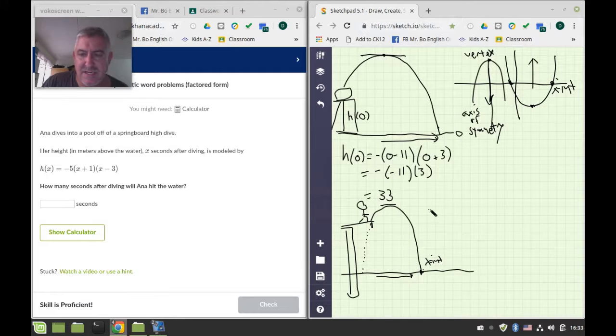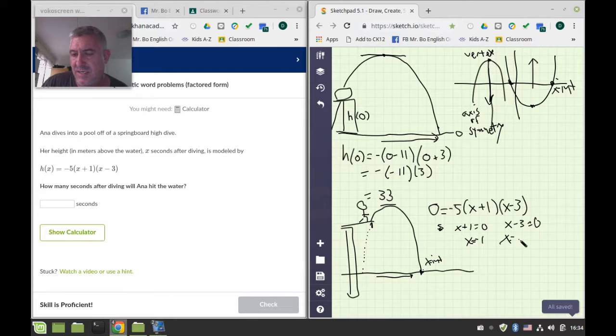So we're going to set h of x equal to 0. The height is 0. Negative 5 times x plus 1 times x minus 3 is equal to 0. So this x plus 1 has to be 0, or x minus 3 has to equal 0. So x is either equal to negative 1, or x is equal